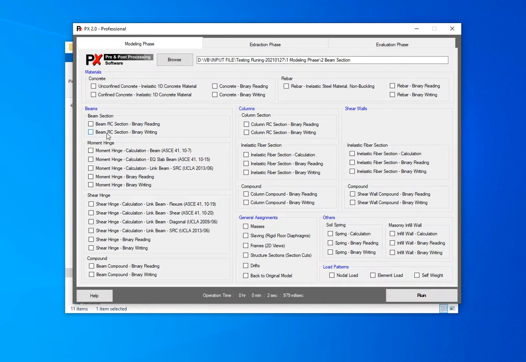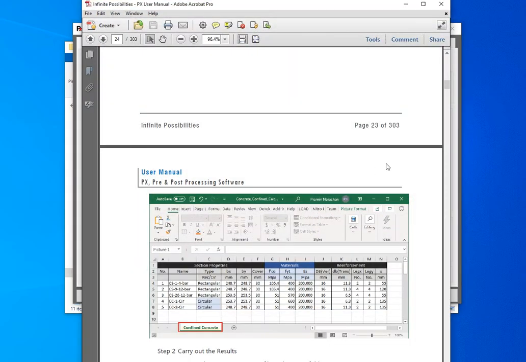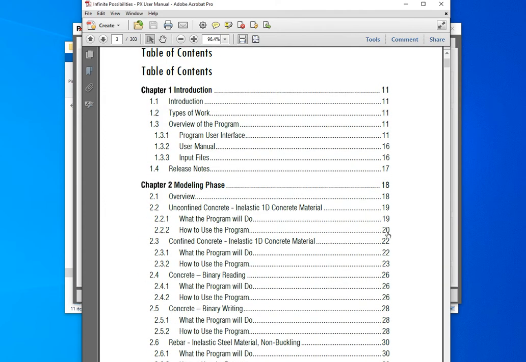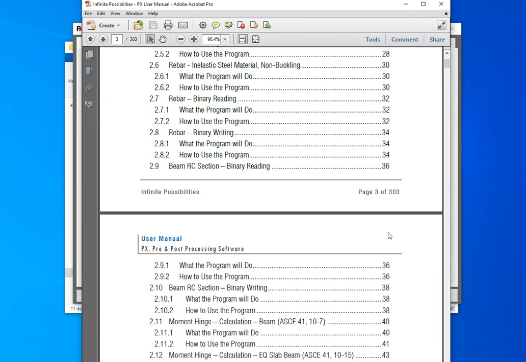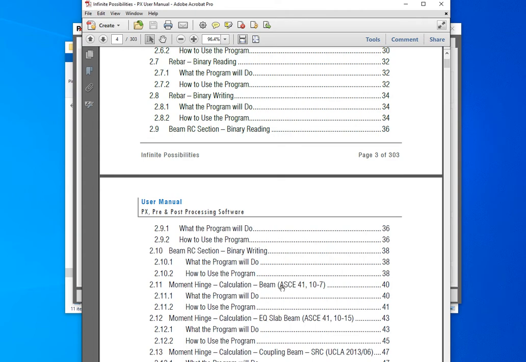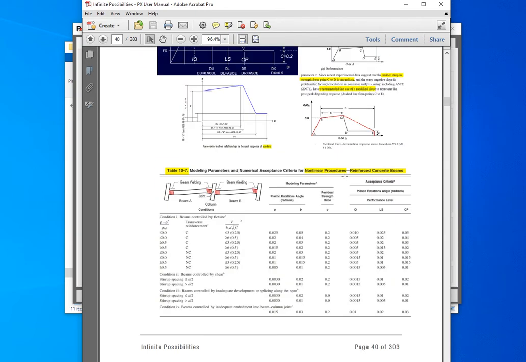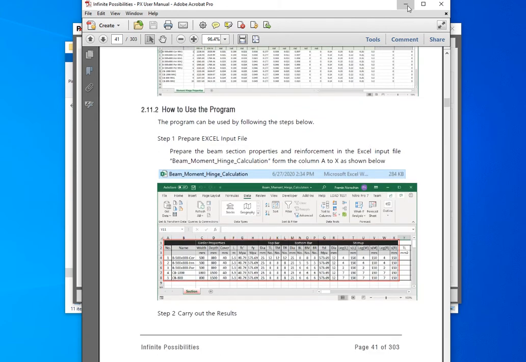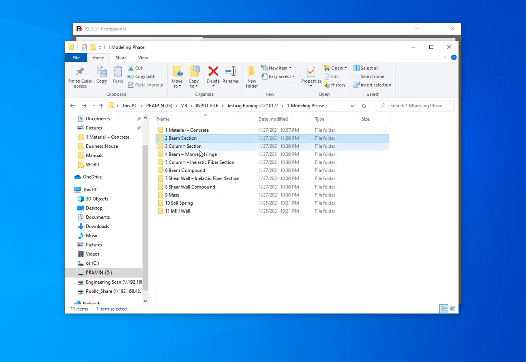For the next, I will show you the moment hinge calculation for beam also in here. So to do this one, you might move to see the user manual again. Moment hinge calculation beam SCE. You need to provide input information because it will need that information to interpolate to find the modeling parameter and acceptance criteria. They have the steps for how to use this option. So I will go to